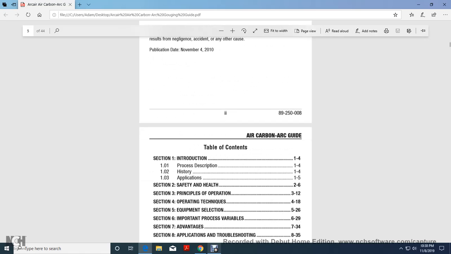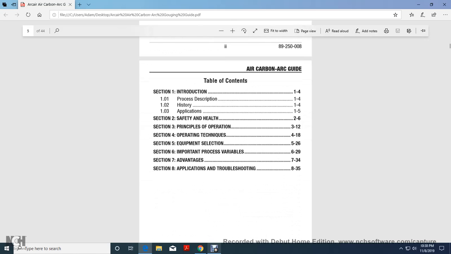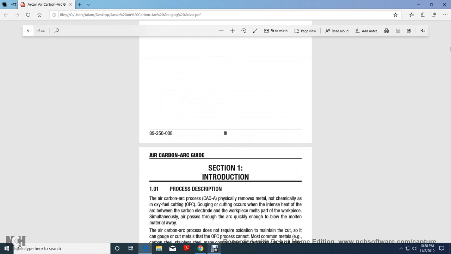Publication November 4th, 2010. All right, Section 1, Introduction: 1.01 Process Description, 1.02 History, 1.03 Application. Section 2, Safety and Health. Section 3, Principles of Operation. Section 4, Operation Techniques. Section 5, Equipment Selection. Section 6, Important Process Variables. Section 7, Advantages. Section 8, Application and Troubleshooting. Section 1,